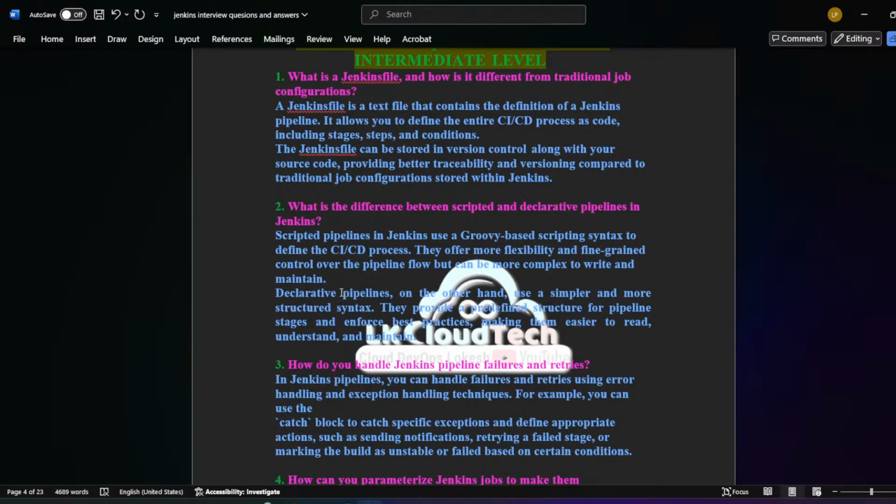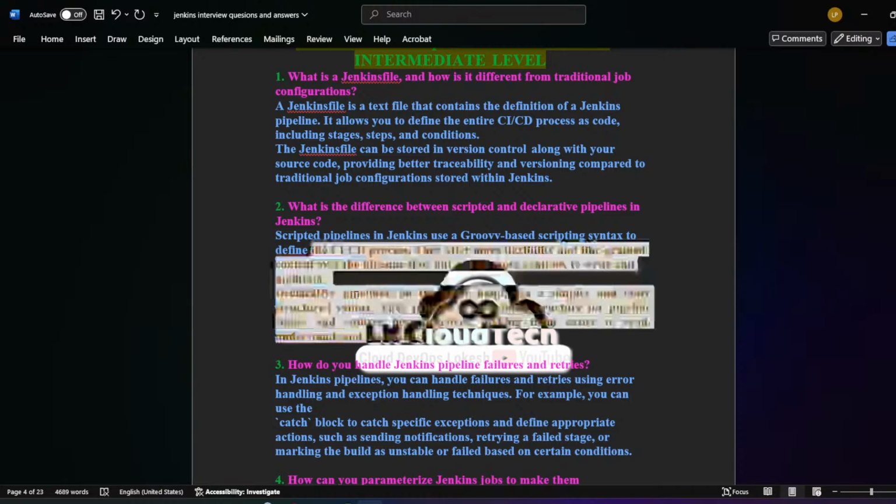Declarative pipelines, on the other hand, use a simpler and more structured syntax. They provide a predefined structure for pipeline stages and enforce best practices, making them easier to read, understand, and maintain. Okay,